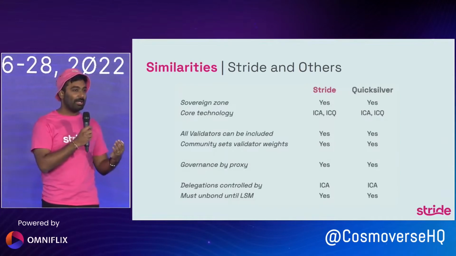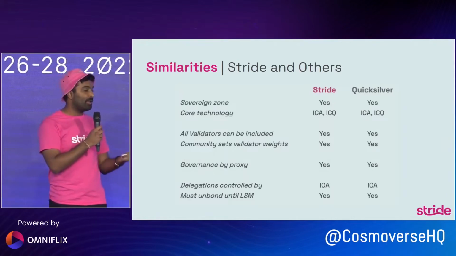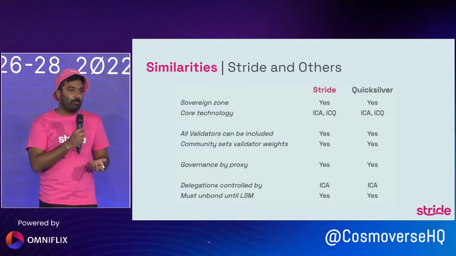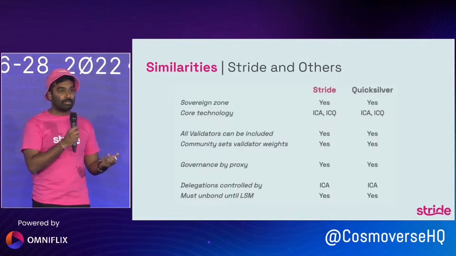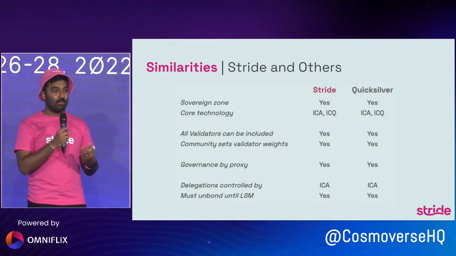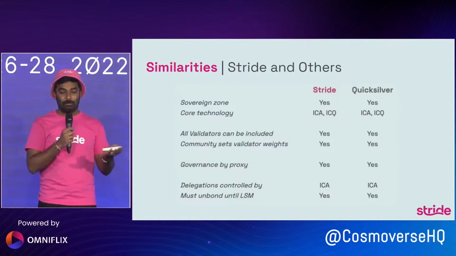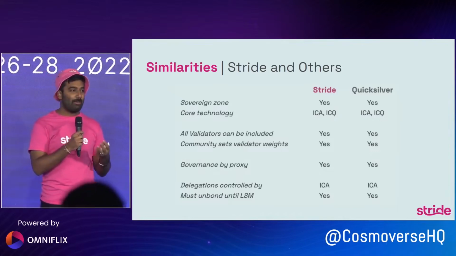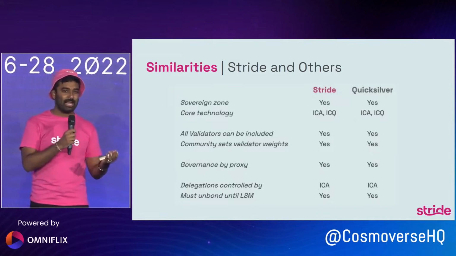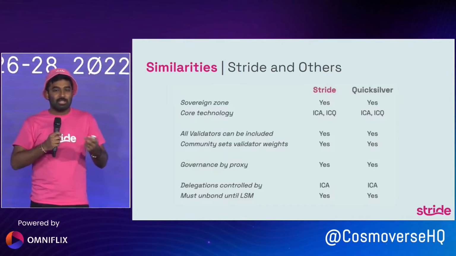Next, what is ultimately controlling your delegations? When you call liquid stake, how is your Atom being staked on the hub? Ultimately, it's through interchain accounts. This is true for pretty much all liquid staking zones that you can think of. Lastly, do you have to unbond your tokens to liquid stake? Unfortunately, for now, with all liquid staking providers, the answer is yes, until the liquid staking module, built and designed by Zaki, is integrated into these chains. For the hub, this is going to happen in January, but for other chains, it might be slightly before or slightly after. So now that we've covered a little bit of the similarities, what distinguishes Stride?